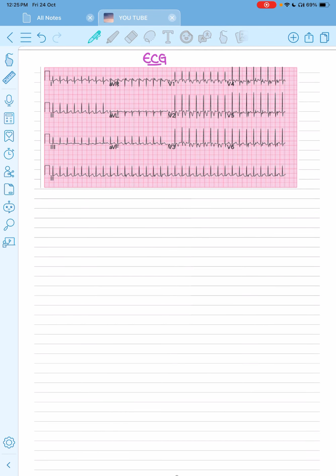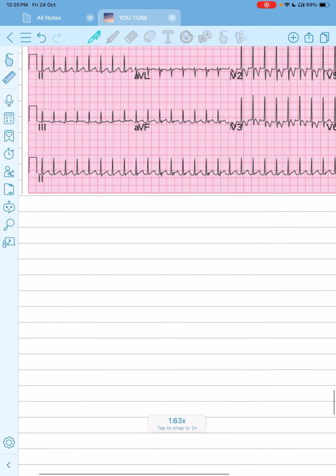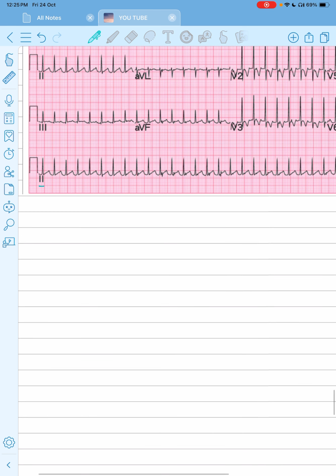In this video, I'm going to tell you about this ECG. If you see the lead 2 strip here, let us count the distance between two RR intervals. Here it is approximately 2 boxes. Here it is one box, approximately 2 boxes. Even if you take 2 boxes, to count the heart rate, the formula is 300 divided by the